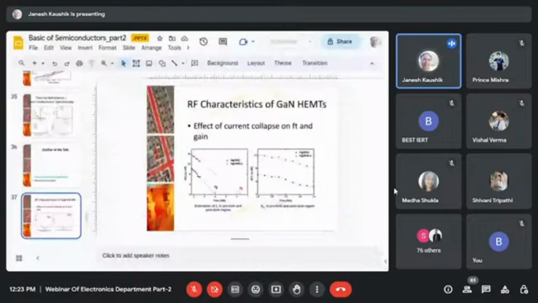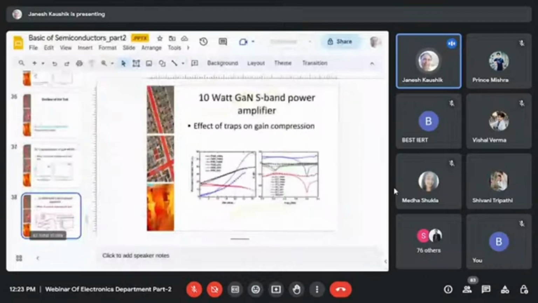And this is a 10 watt gallium nitride AlGaN GaN S-band power amplifier. If you see here, the most important thing is the gain in the red curve of the left graph: the gain starts reducing at smaller power levels. That problem is not present in gallium arsenide technology. This is unique to gallium nitride technology. Here, the 1 dB compression; actually, 1 dB compression is a term where non-linearity is the